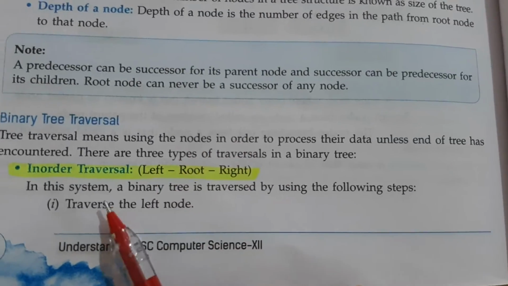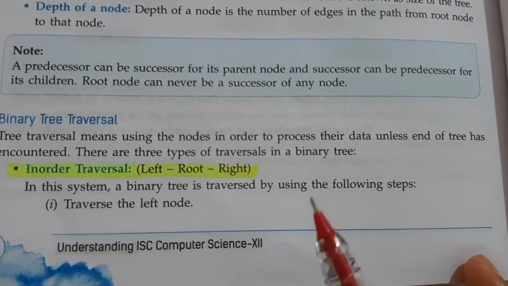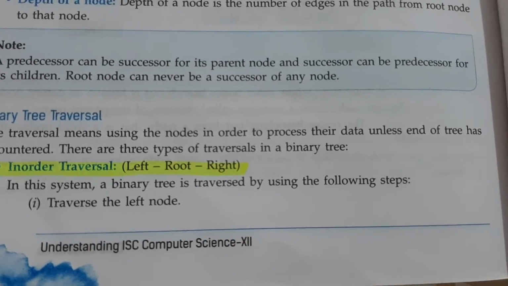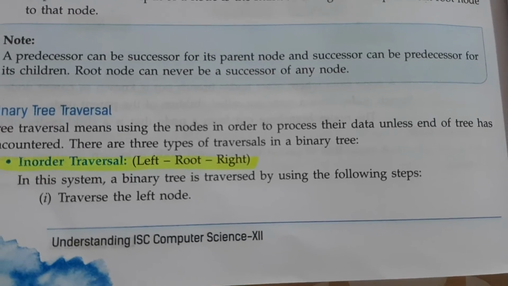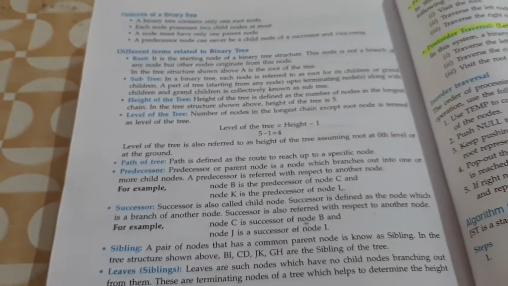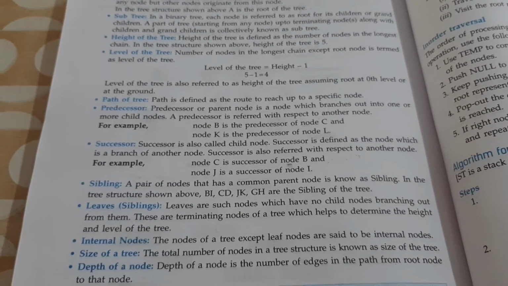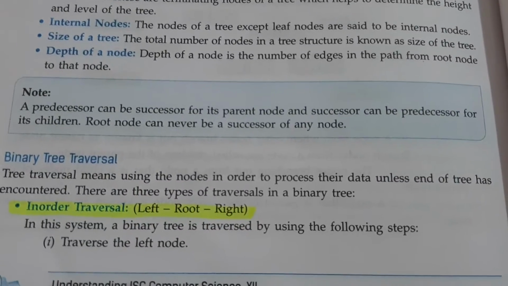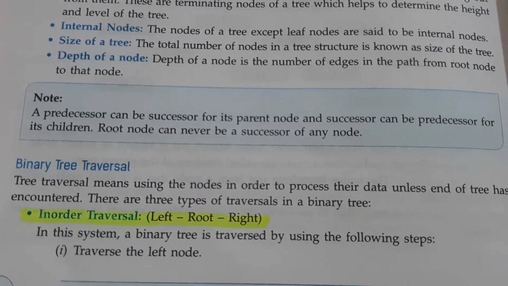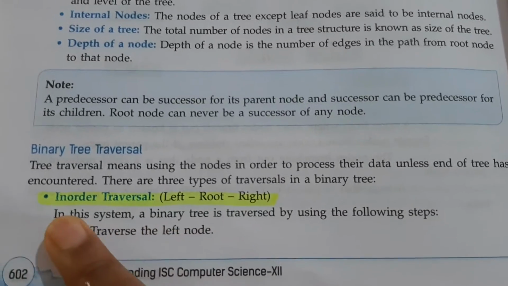Last class we saw the tree that we form, and in that there are siblings. You have parent, successor, predecessor, siblings and internal nodes, and the different things that we learned in the previous class. The terms are given here clearly. The first type of traversal is in-order traversal. Now you can see the thing that I have highlighted here.